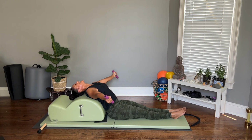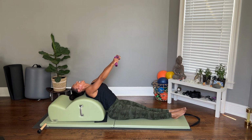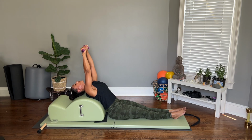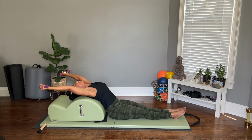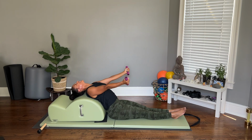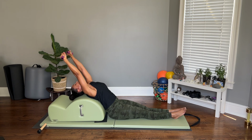4 more times. Inhale, take it around. Exhale, pull up to bring the arms in. And 3, inhale, take it around, big circle, and pull to the ceiling. Here's 4. Working from the back, making sure your core is involved in this whole exercise. Try to find a little bit more reach, but again, never losing the weight out of sight as you go